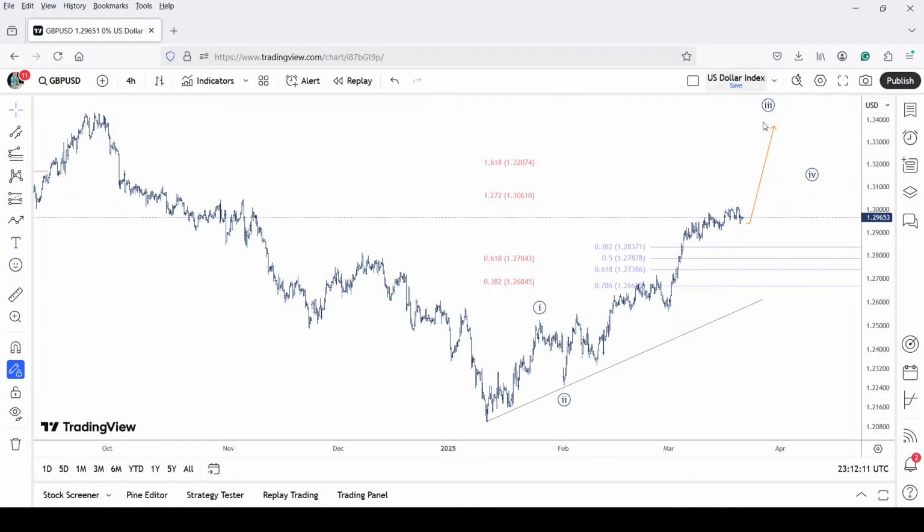Now, whether it is wave 3 in the making or wave 3 just terminated, I don't think wave 4 could be such a shallow wave. So I think we are still progressing in the, I don't know if it's a sub-minute wave 1, 2, 3, 4, and 5, and wave 3 would then terminate higher, just as what we are discussing in euros and the dollar index. All right, so either the third of third wave is still extending, or the third wave is extending. I think it's third of third wave extending,